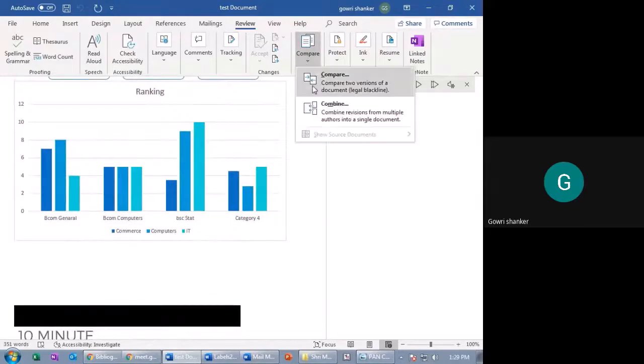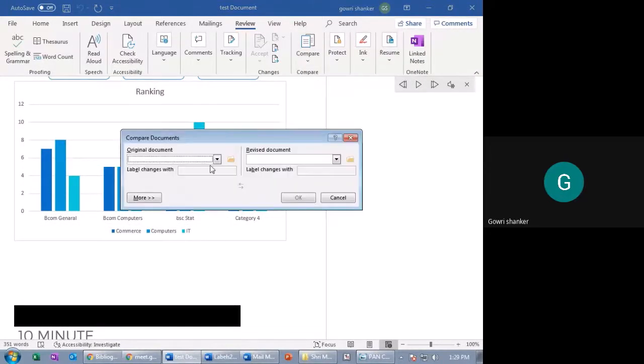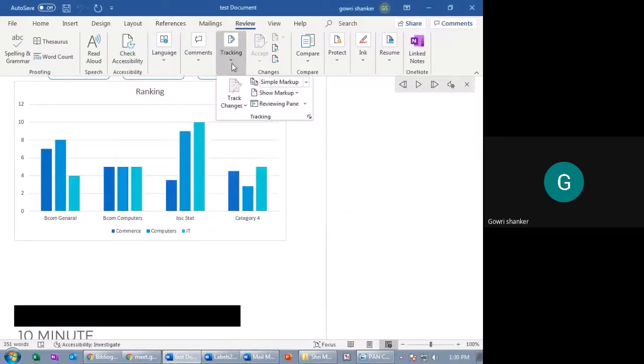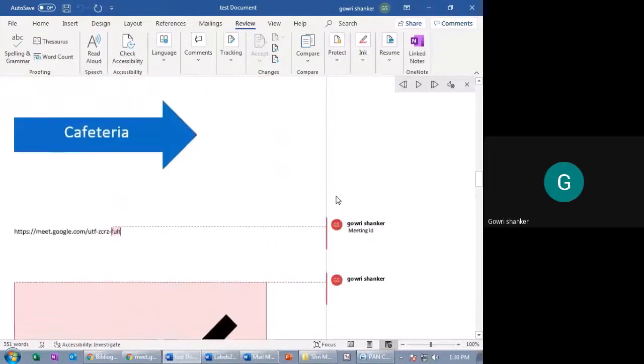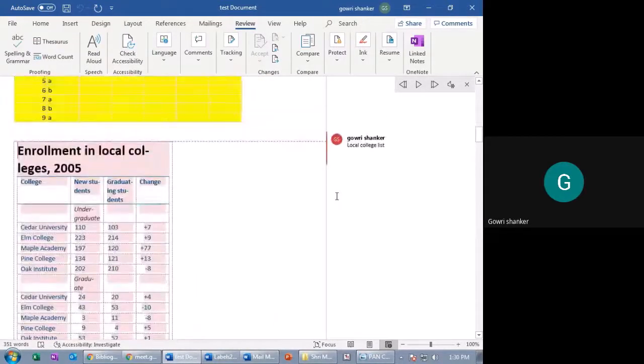Next, Compare. You can compare the statements of two different legal documents. Original, it is asking. So once again, tracking. Tracking all markups means, for example, you can see all the markups I have given. One second, let me show you.